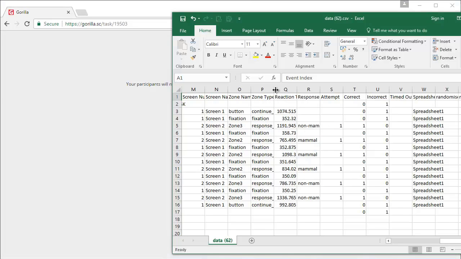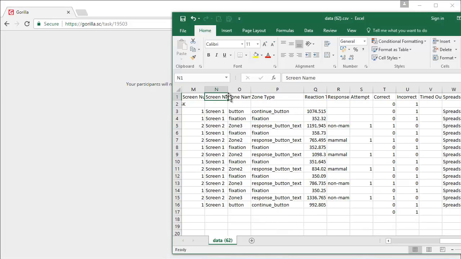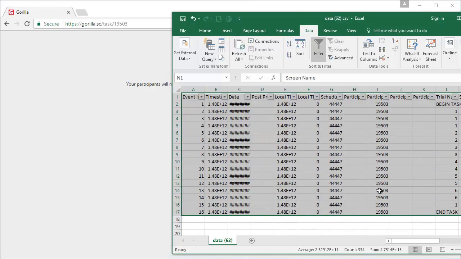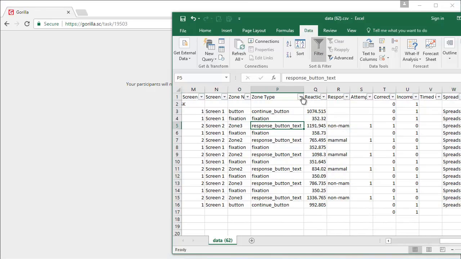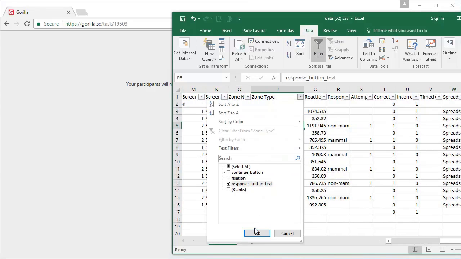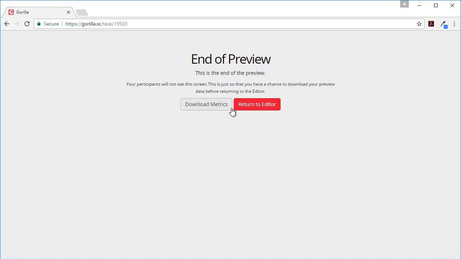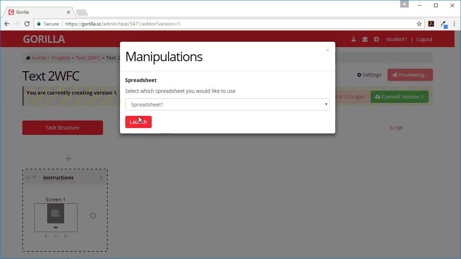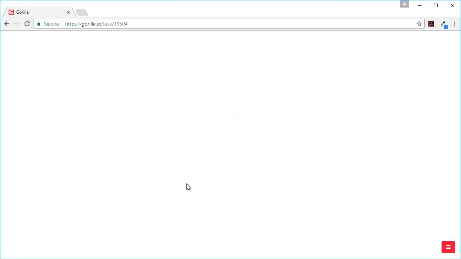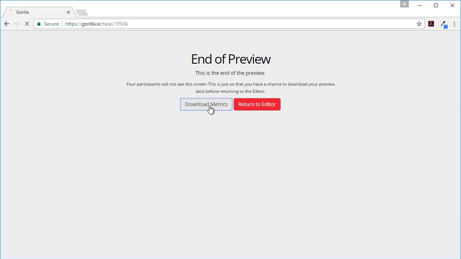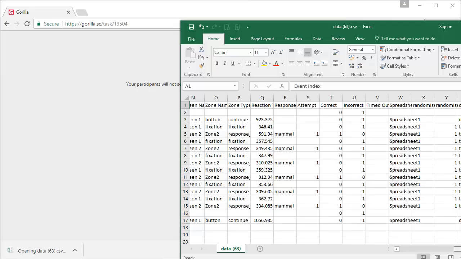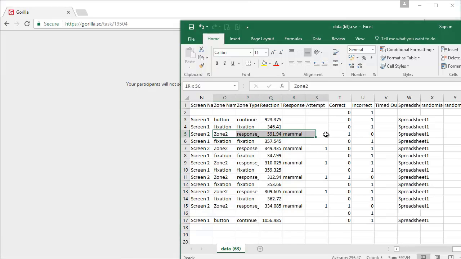You can see that for each of our response buttons, we have an answer, and I got them all correct. Oh, I should have got some incorrect. Let's do that again. So here I got some correct and some incorrect.